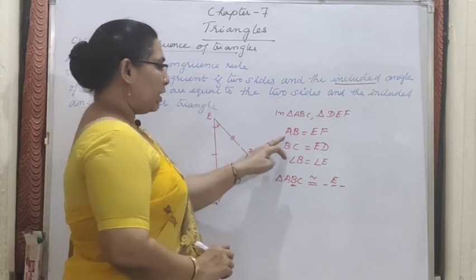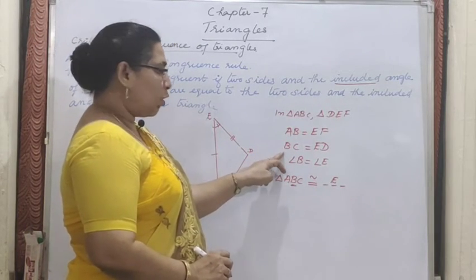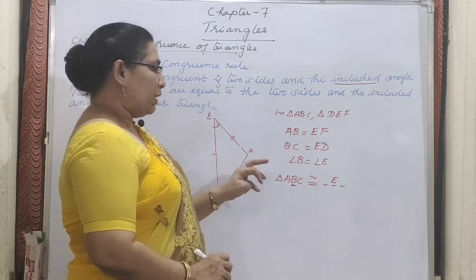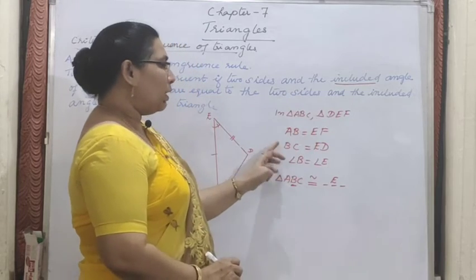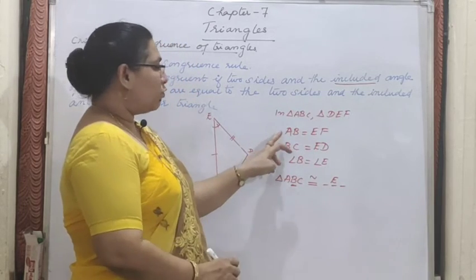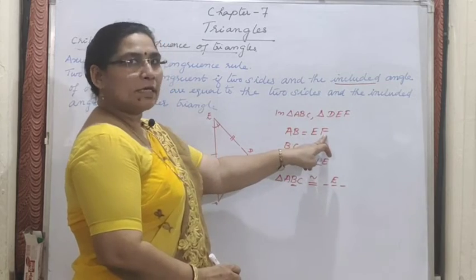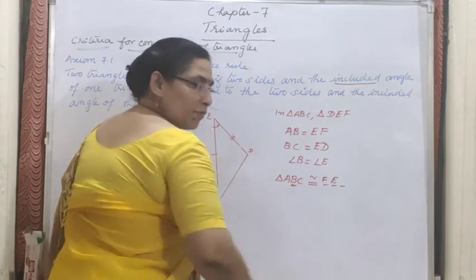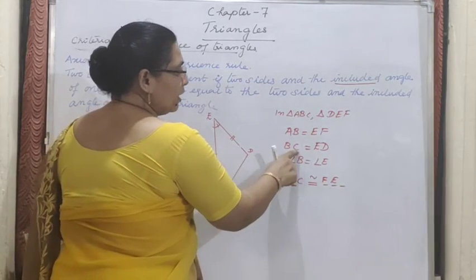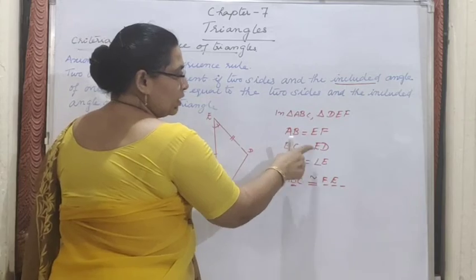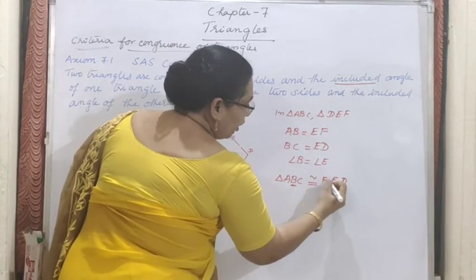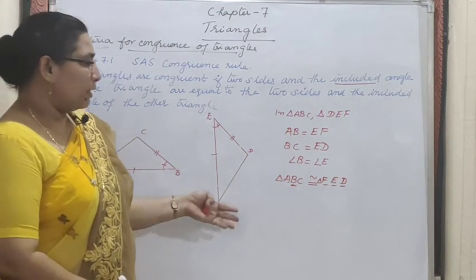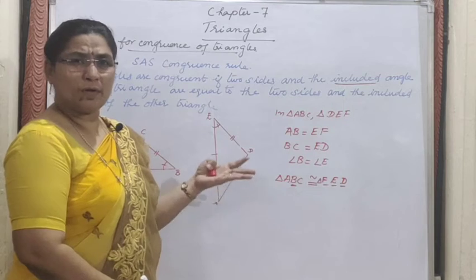Now which is the common letter here? In AB and BC, B is common, right? Similarly in EF and ED, which letter is common there? It is also E only. So B corresponds to E, that is gone, right? So for A, after E, which letter is remaining? F. So in place of A, I should write F, right? Similarly for C, E is gone for B. Now C is for D. So what is the order I got here? F, E, D. Don't write that triangle ABC is congruent to triangle DEF.